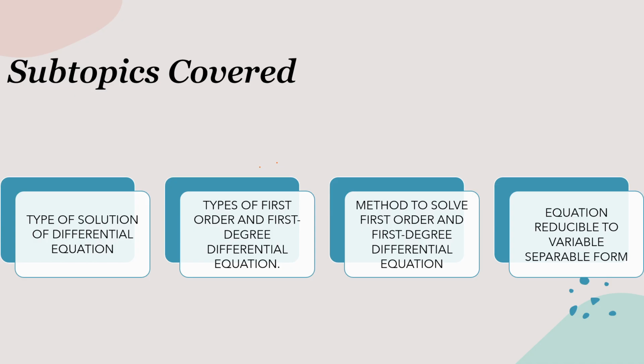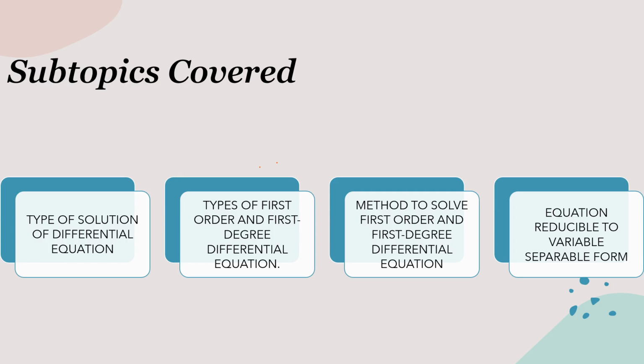I already told you what it looks like and how we solve it. We will study different methods later also. To solve the first order and first degree differential equation, there are numerous methods we discussed in the last class, out of which we have discussed one already, variable separable form. Today, in this session, we will totally cover the equations which are reducible to the variable separable form.